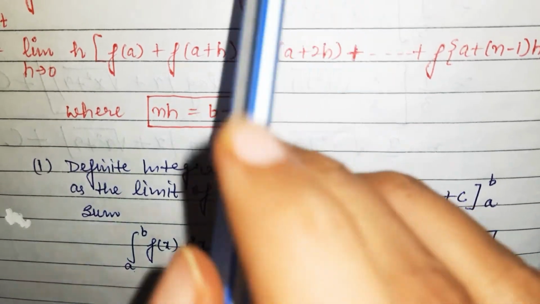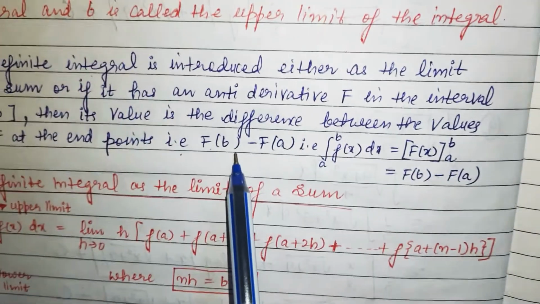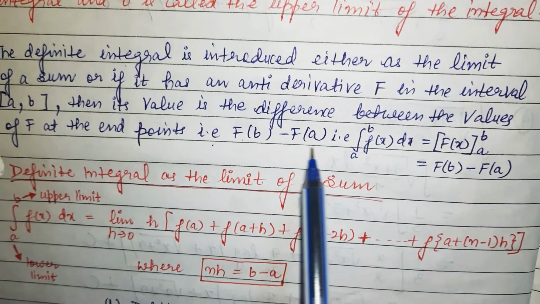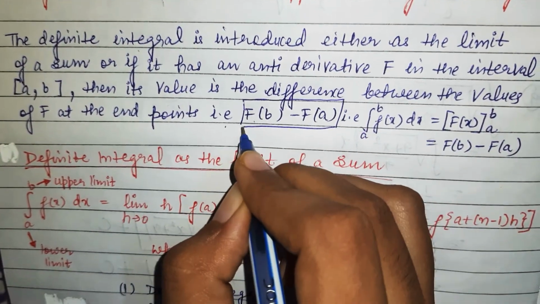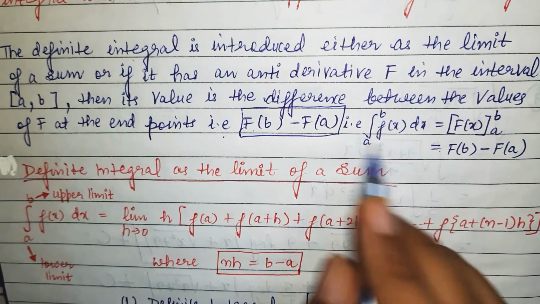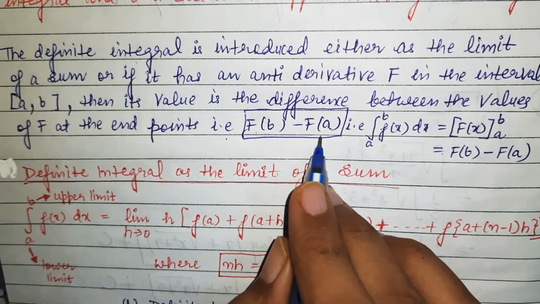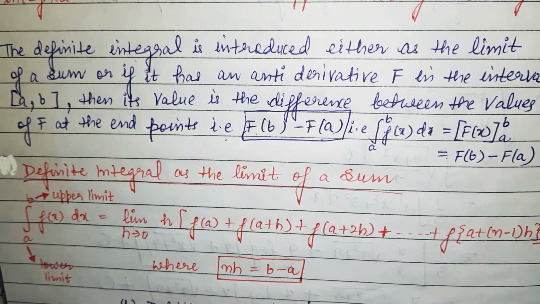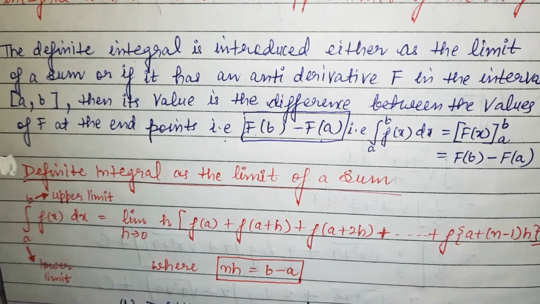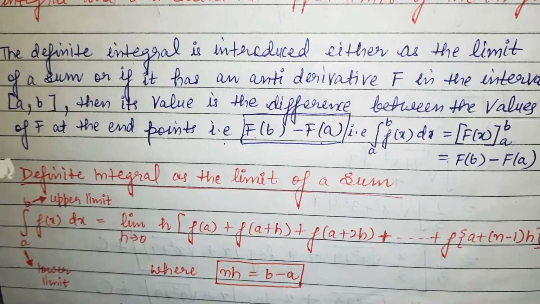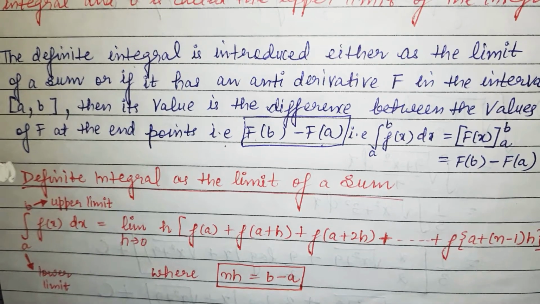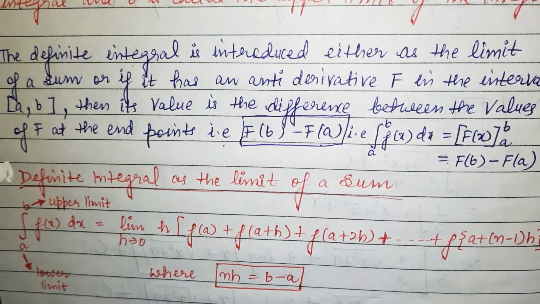That's why in the above situation, whenever I am writing the antiderivative, the final answer is this. Why is this the final answer? I have already given you the proof for this: the plus c will cancel out. So there is no constant term in the definite integral, but in the indefinite integral of course we will have it. So today in this exercise we'll start with definite integral as the limit of a sum.